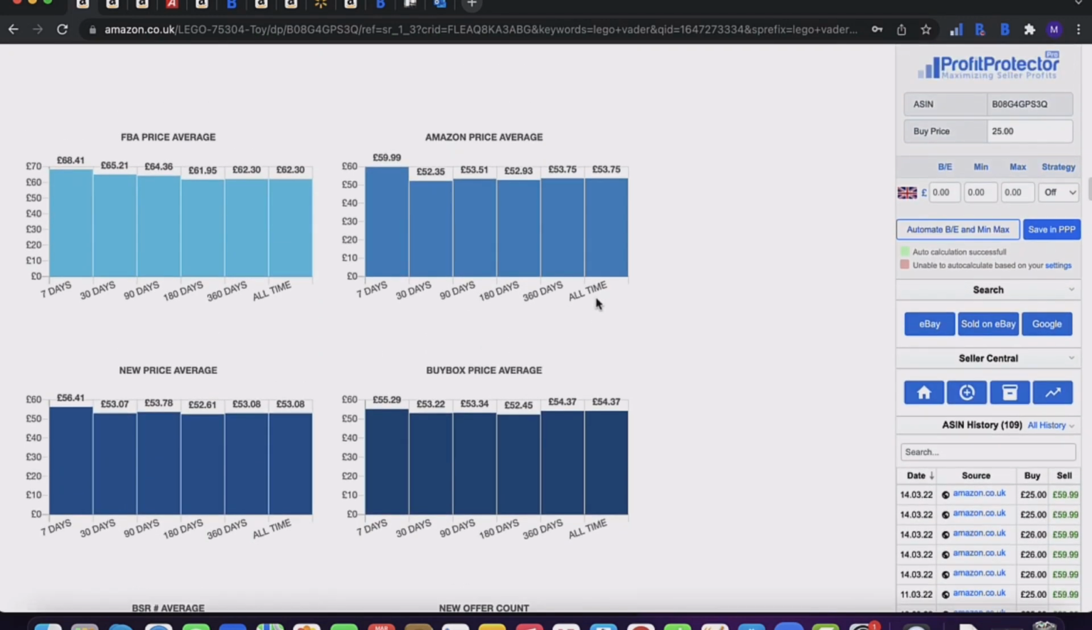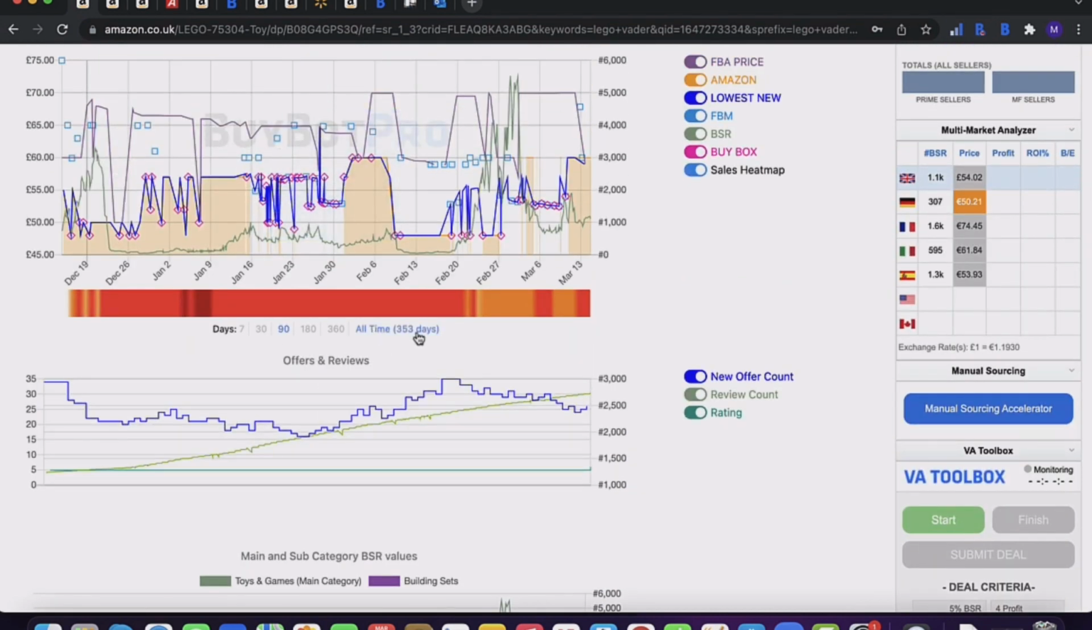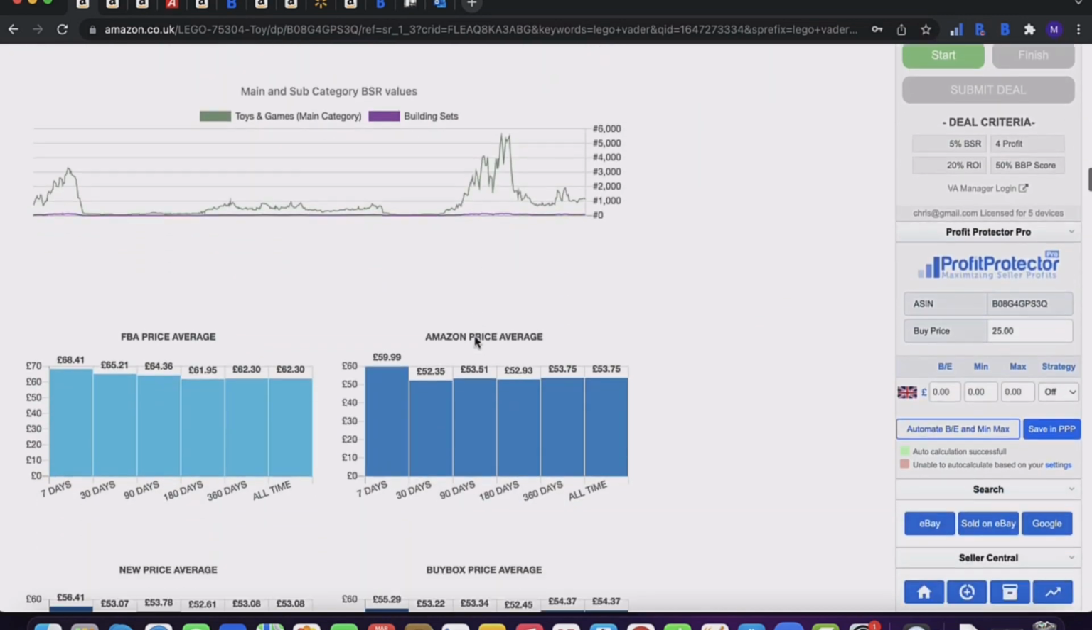Now we can view all these different factors over different time periods as well. So over the last 7 days, 30 days, 90, 180, 360 or all time. You might notice that in this listing's case in particular, you may see it on other ones that are in a similar boat, that all time and 360 are the same. This is because this item is not 360 days old. So all time is 353 days since this item was first ever listed on Amazon,